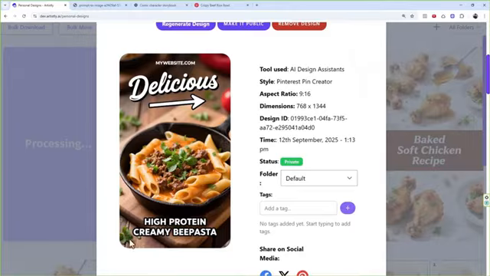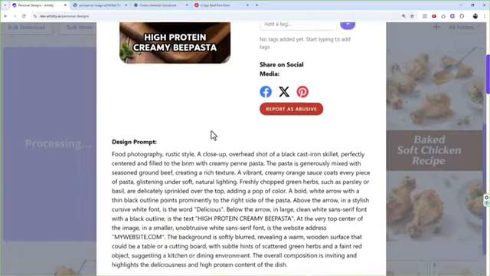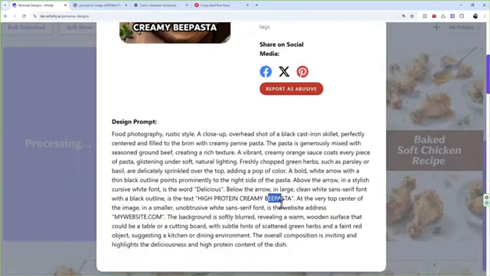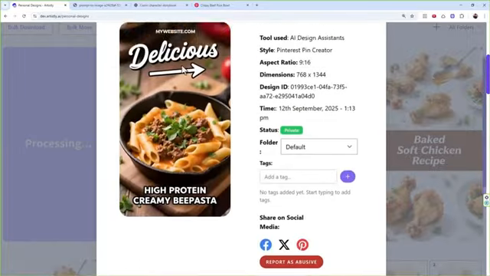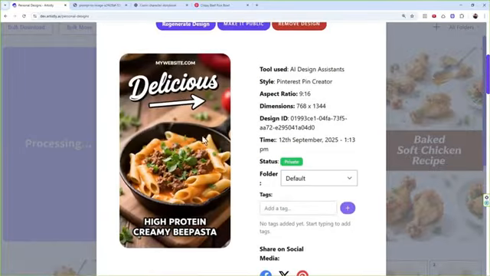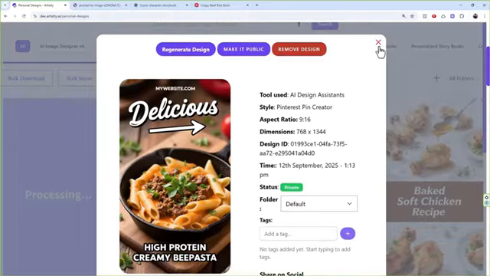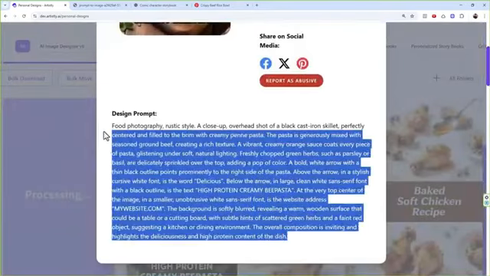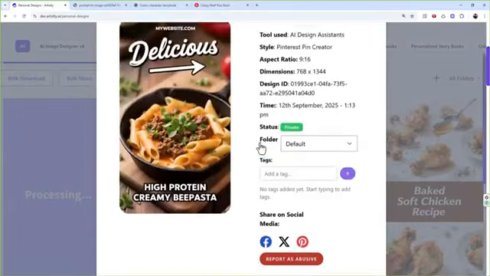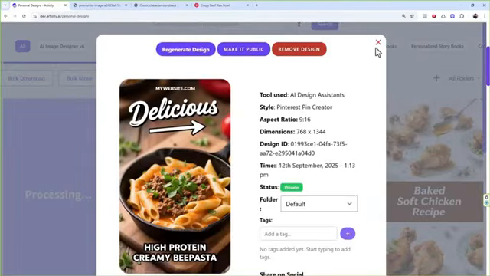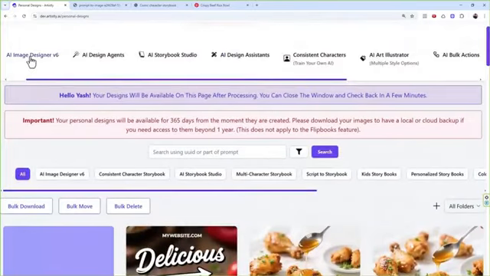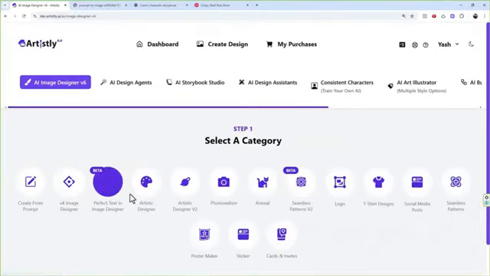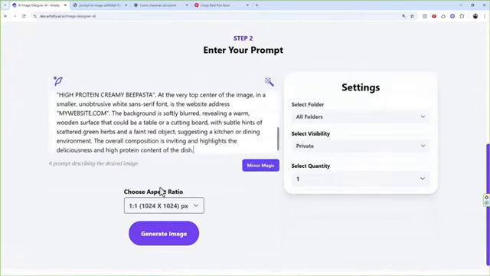Delicious, high protein, creamy pasta, right? Does it say beef pasta? Yeah, beef pasta. Okay, it does say that. Mywebsite.com, yourwebsite.com. How cool it is. Ready to be published on Pinterest. Again, you can absolutely take this, copy this, and then you can go to any creator you want. Perfect text, artistic. Let's try artistic, honestly, because artistic generally, the version 1